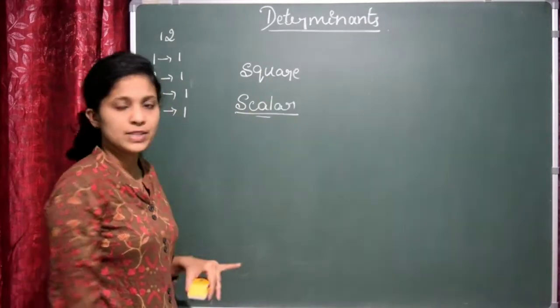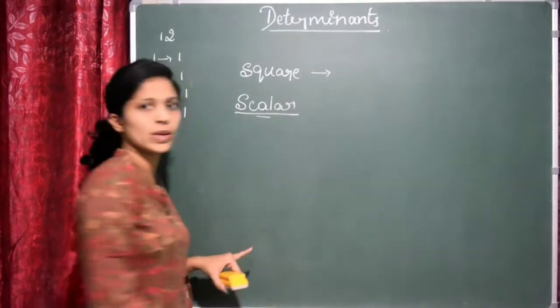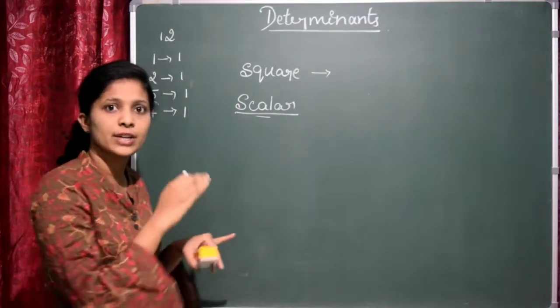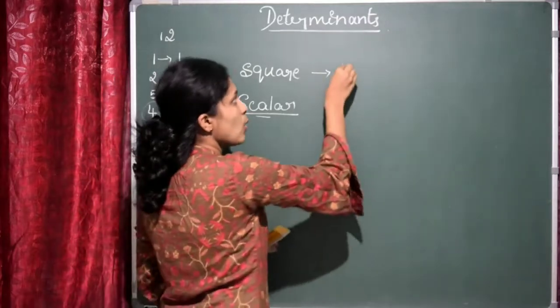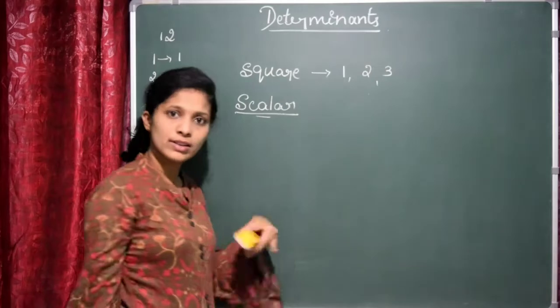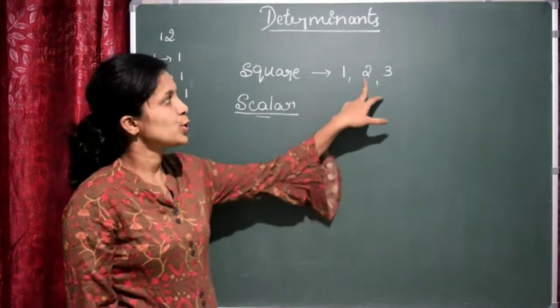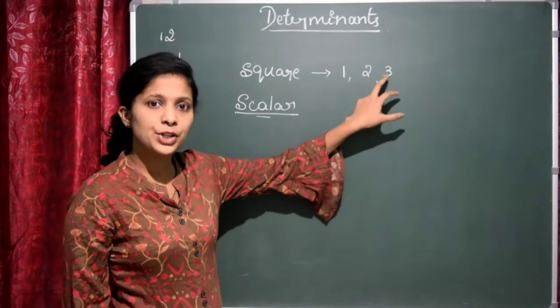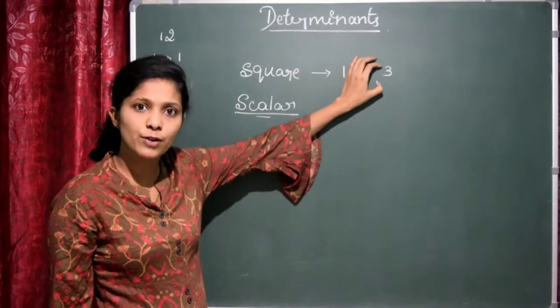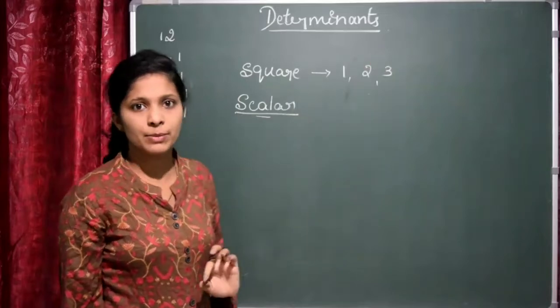Now, square matrix means there are many, right? What is meant by square matrix? Number of rows is equal to number of columns. But in this chapter, we are going to discuss only the 1 by 1 matrix, 2 by 2 and 3 by 3. More than that is also possible, but here you have 2 and 3. Is it clear? Now, let me explain how to find the determinant of a 2 by 2 matrix and 3 by 3 matrix.